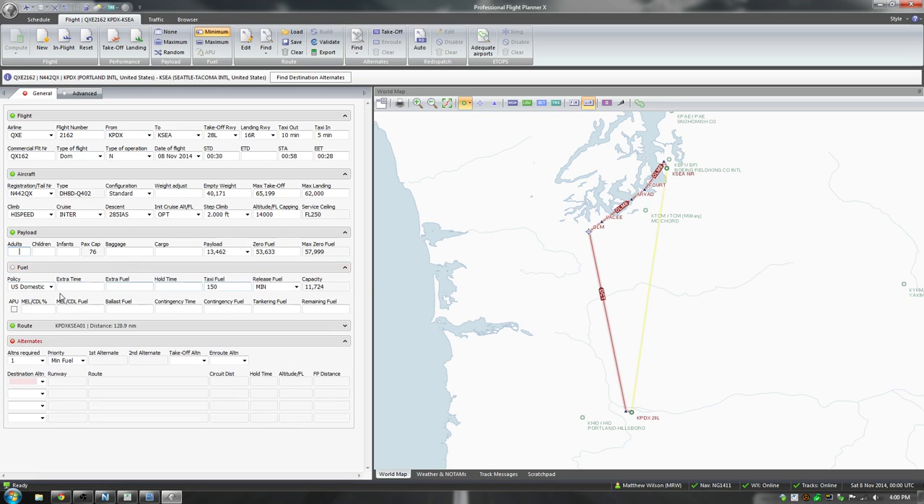Speaking of fuel, we'll just look at this. We're a domestic flight, so FAA rules will apply, and we can add extra time for contingency, or if we need extra fuel for weight, or if we want leftover fuel that we can fly home with at the destination instead of refueling there. But in our case, I just want a little bit of extra fuel